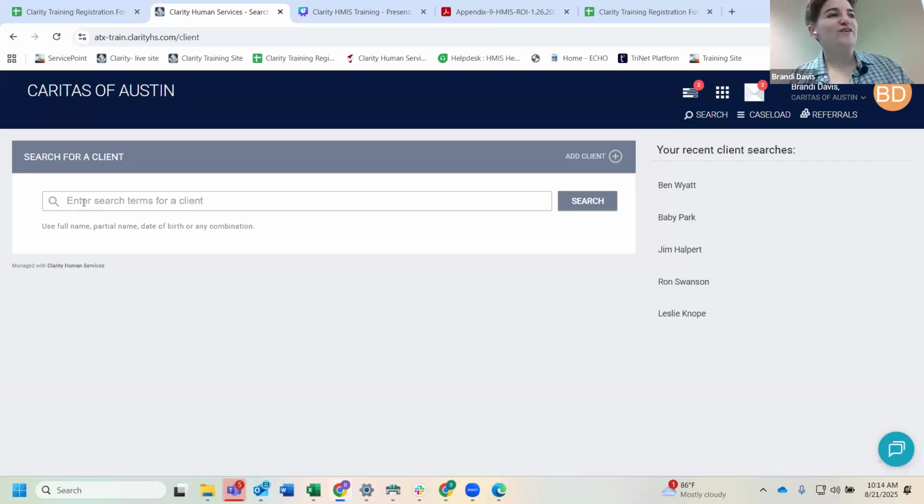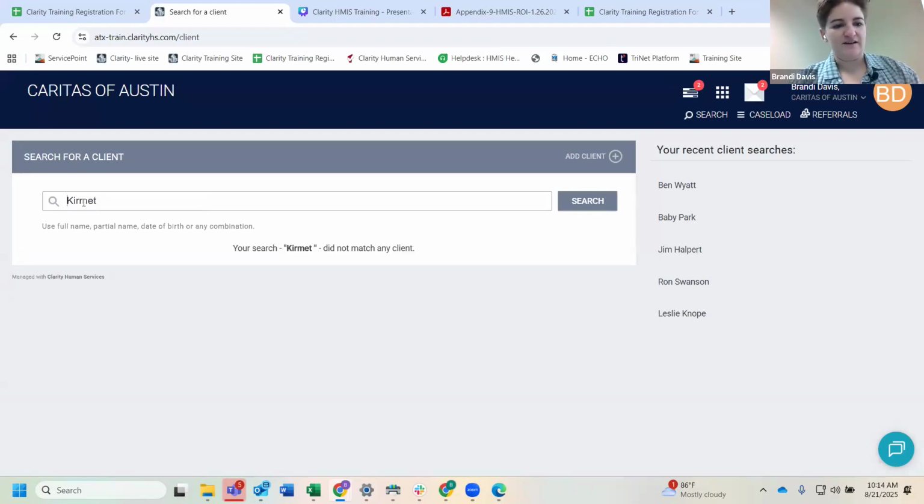So now I'm going to invite you all to create a user in Clarity, add a new client to the system. So you all can use really any celebrity name that you want, your favorite pop star, neighbor, pet name, whoever you want to use as your new client. We'll just want to make sure that they don't already have a file in Clarity. So my partner is a big Muppet fan, so I'm going to use Kermit today.